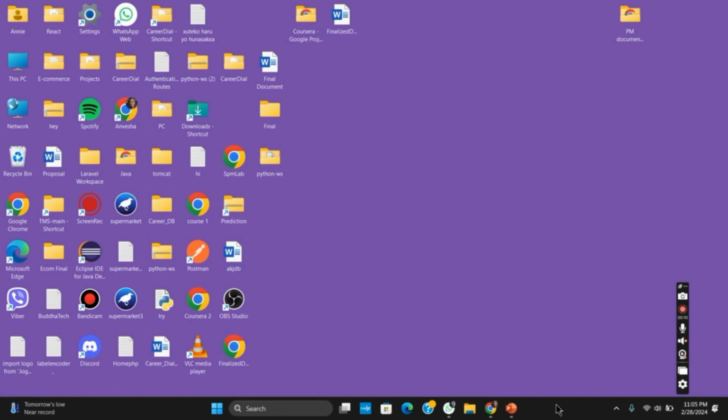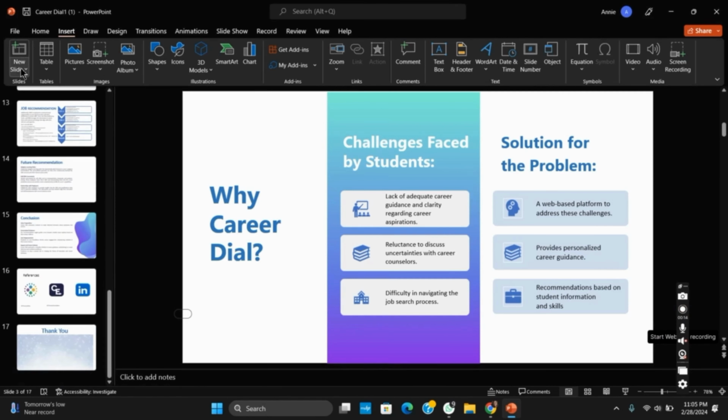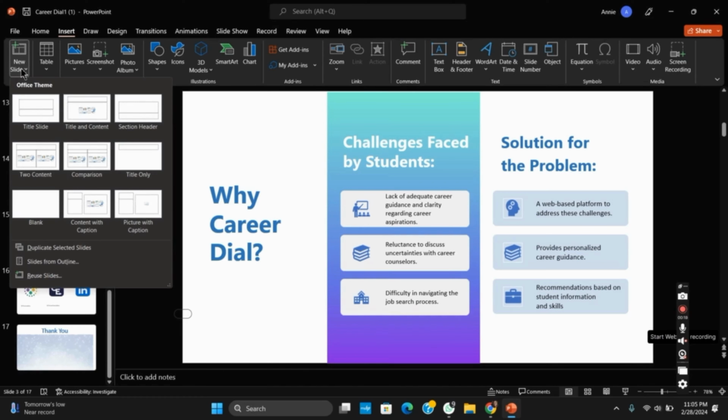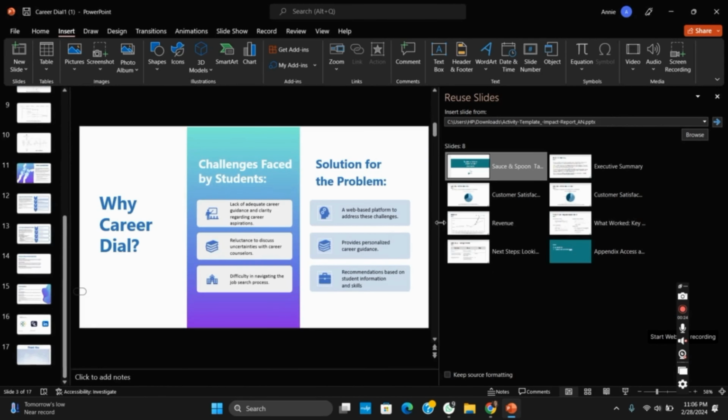quick tutorial. So for that you have to open the PowerPoint presentation and then tap on the new slide option, which is present on the top left. Once that is done, tap on the button called reuse slides. Once you tap on it, on the right side of the screen, you will see the reuse slide option with